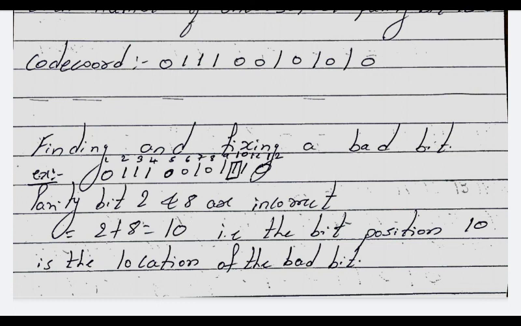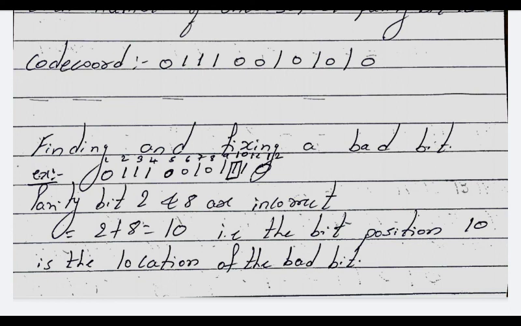Then it goes for checking parity bit 8. In parity bit 8, the parity bit is set to 0. Is it clear? Because you check 8 continuous positions and skip 8 positions. In the next continuous positions you have only 2 ones in the data. So an even number of ones is present, and that's why you set the parity bit of the 8th position to 0. Now you count here. How many ones are there? An odd number of ones, indicating that there is an error. So it notes down that parity bit 8 is incorrect.